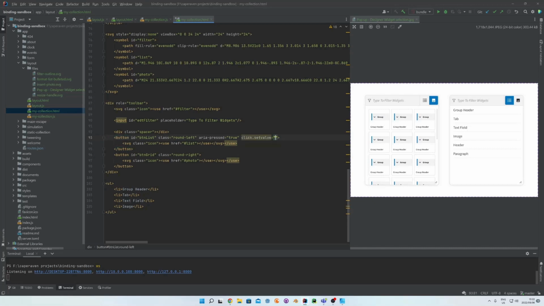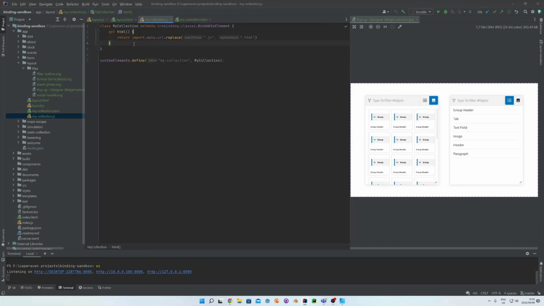and then I want to create a property on the binding context called display status. And display status needs to be a list when I click on the list button, and then when I click on the grid button, I want this to show as a grid. So to see that this is working, let's just quickly copy that, and then we go to our JavaScript and we say display status changed, and that'll pass on a new value for us. And we're just going to say console.log new value,